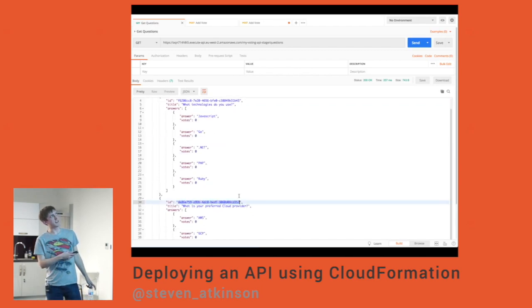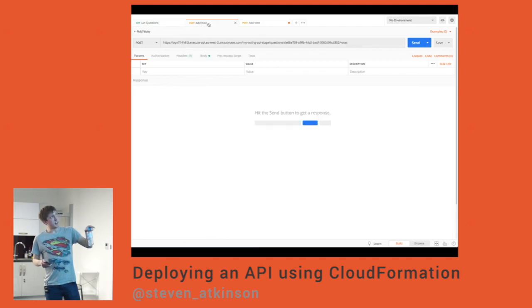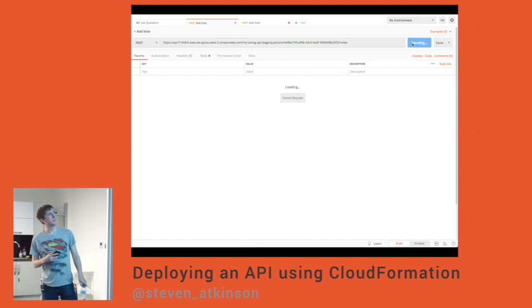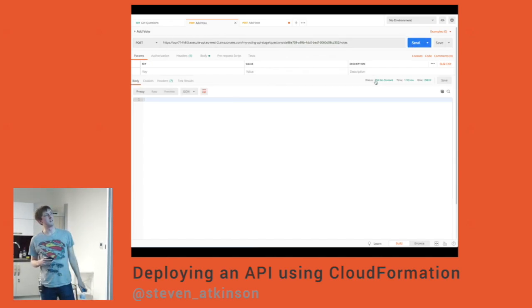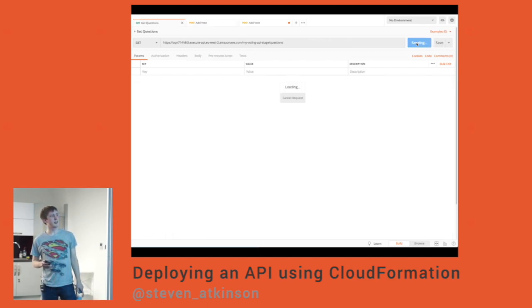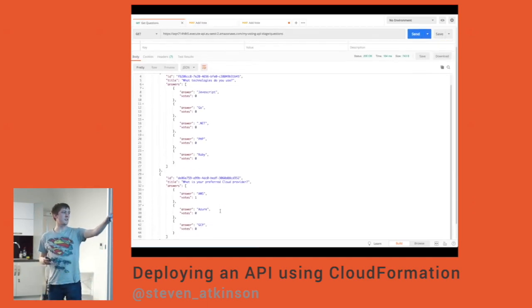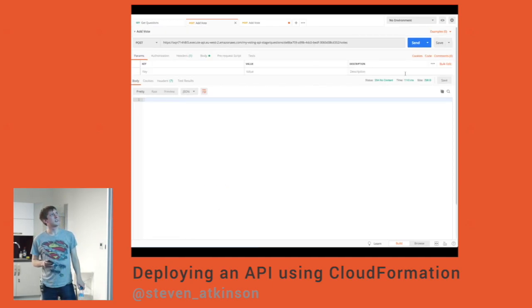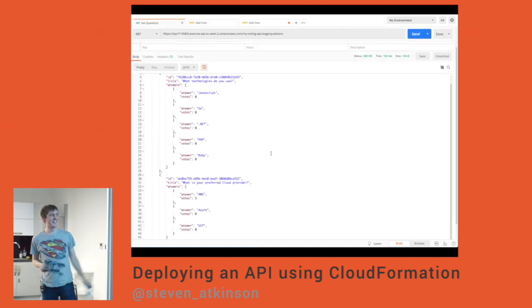So I can use the ID to send in my post request to the votes, and that'll trigger my post vote Lambda. So you get a 204 response, which means it's worked. And then you'll see that the vote count's changed. You can hit it as many times as you want as well. Very one-sided, but